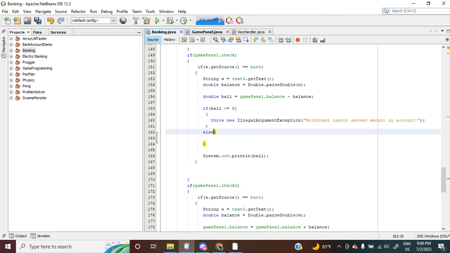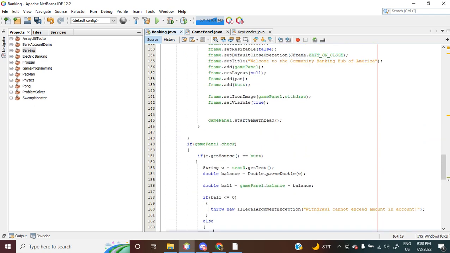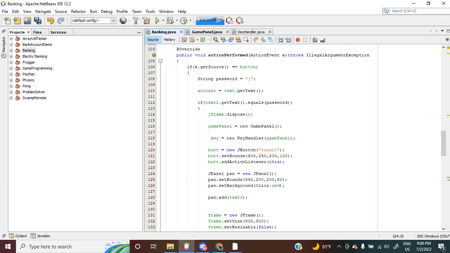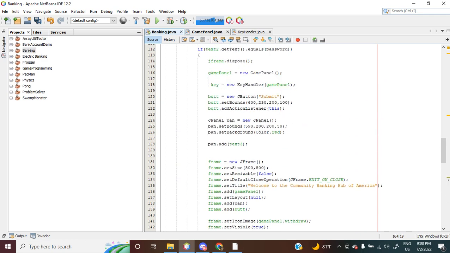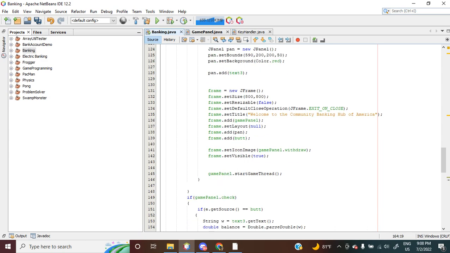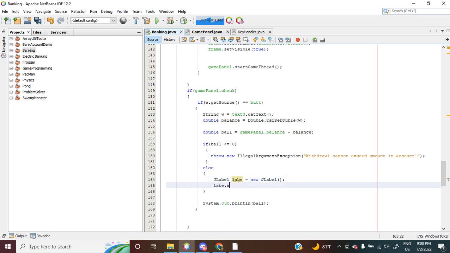Otherwise, just want to print to the user. And label here. Text to be